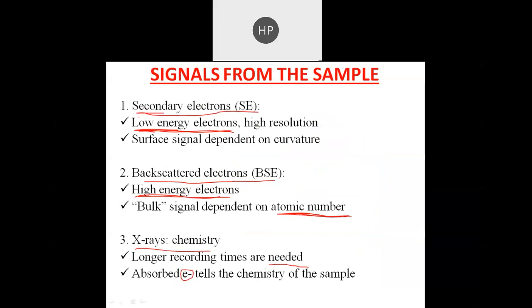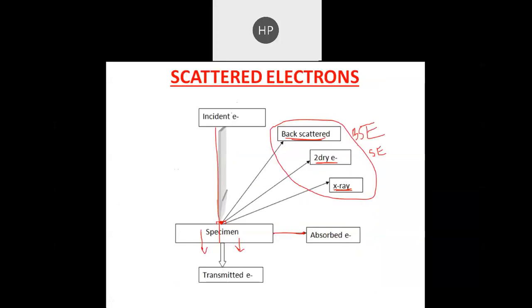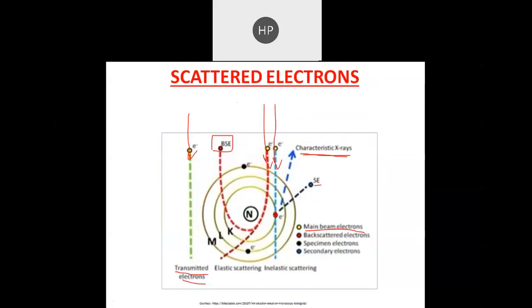How do we get these different rays we talked about earlier, the secondary electrons? Suppose this is the beam of electrons, and it has a certain range of electrons. All these electrons which are entering the specimen have the same energy when they enter. But this electron which is coming over here will strike this electron.